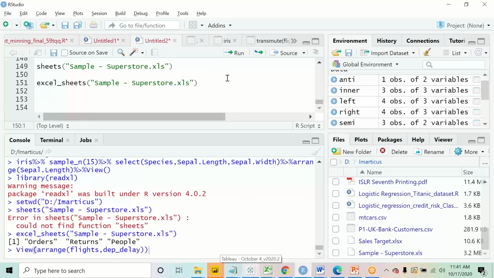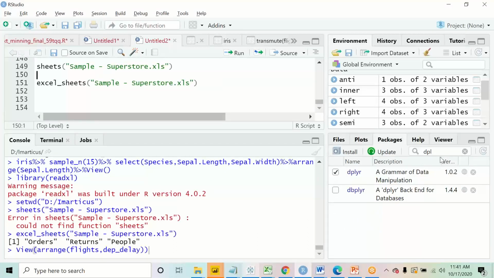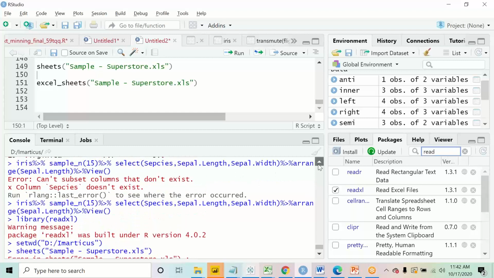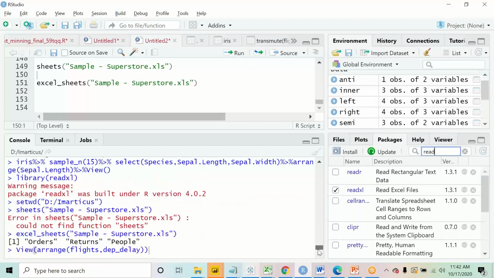And we all saw that as well. So Diksha, maybe you are putting some incorrect name. Just check that out. You have to write read Excel. You should be able to see it. If you are able to put it into the library, then it will be visible over there. I hope you didn't get any error. Please check that you didn't get any error while installation and putting it into the library.